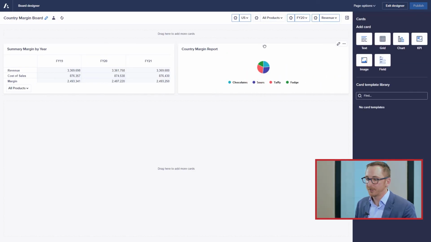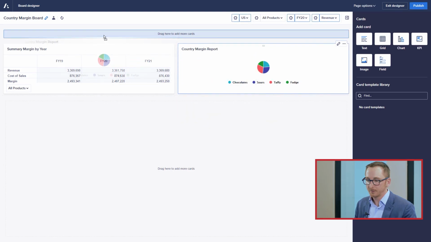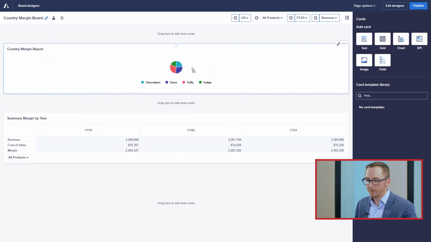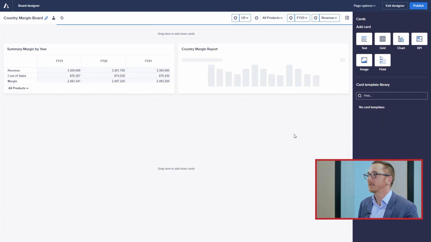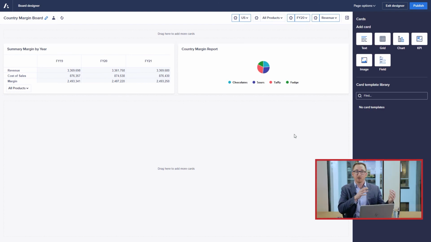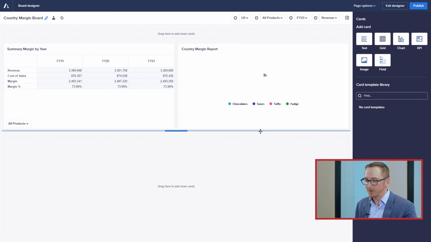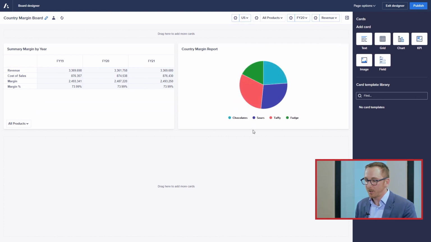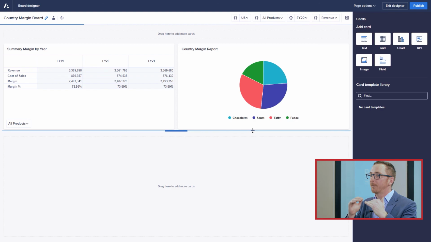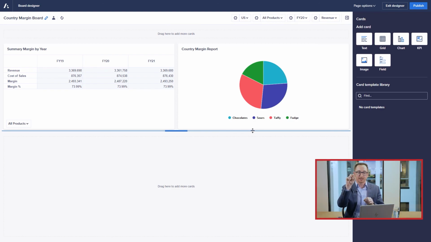So in this case, you'll notice I can drag if I decide I want to move my chart. That same grid layout where it'll adjust and move over is going to apply. So now that we're ready here, I'm going to just drag that down. And what you'll notice is as I get my mouse to the bottom of the card, if I want to expand that, I can just click on that and drag it down. This is going to make my chart a little bit easier to read.